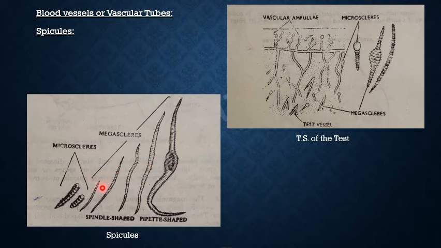These are all the spindle shaped. Labeling is also given underneath. So there are 2 shapes. So this is one thing. Then the second thing is the size, and the third thing is the number of rings of which they are formed. So you have to remember these 3 points to discuss the detailed structure of spicules.